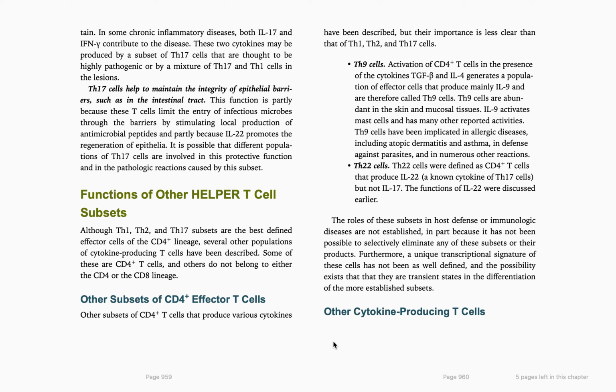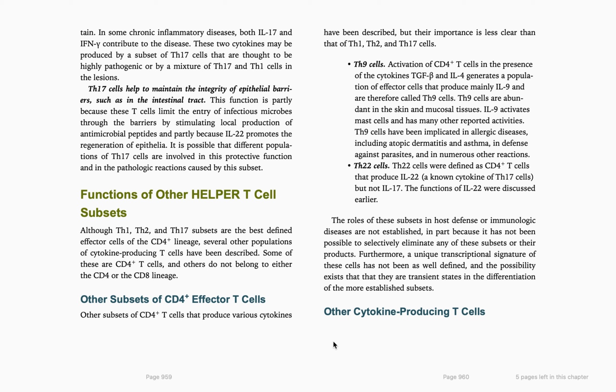Other subsets of CD4 effector cells. Other subsets of CD4 plus T cells that produce various cytokines have been described, but their importance is less clear than the Th1, Th2, and Th17 cells. Th9 cells. Activation of CD4 T cells in the presence of the cytokines transforming growth factor beta and interleukin-4 generates a population of effector cells that produce mainly interleukin-9 and are therefore called the